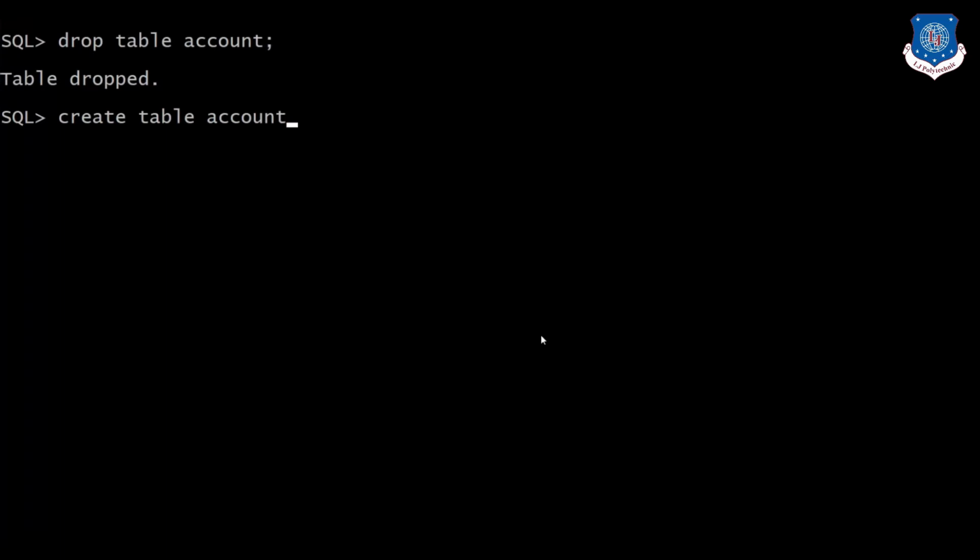Before that, we will create one table. We will write the drop command if the table is there already. Now we will create a table. Account number.